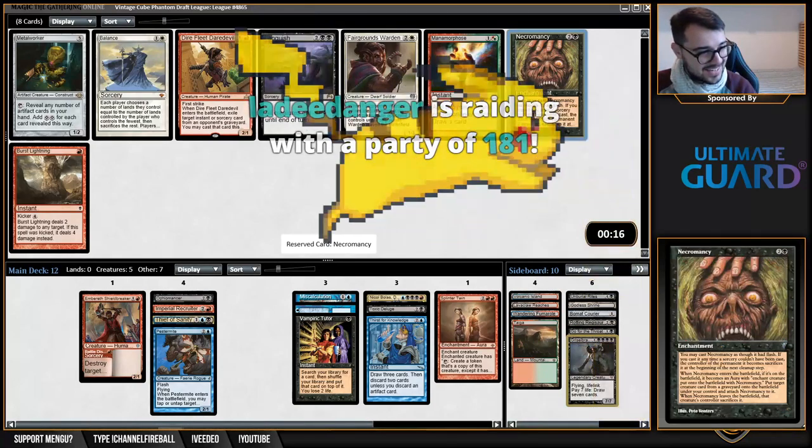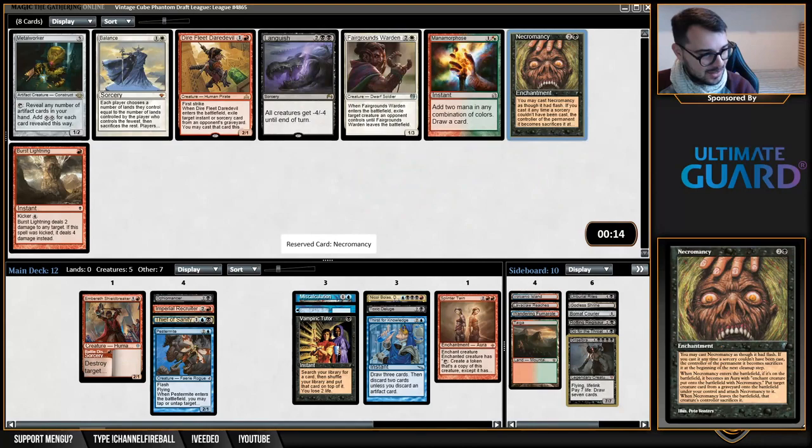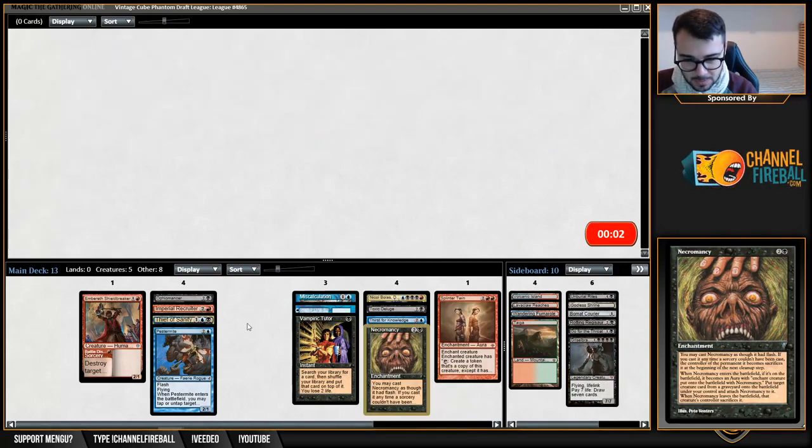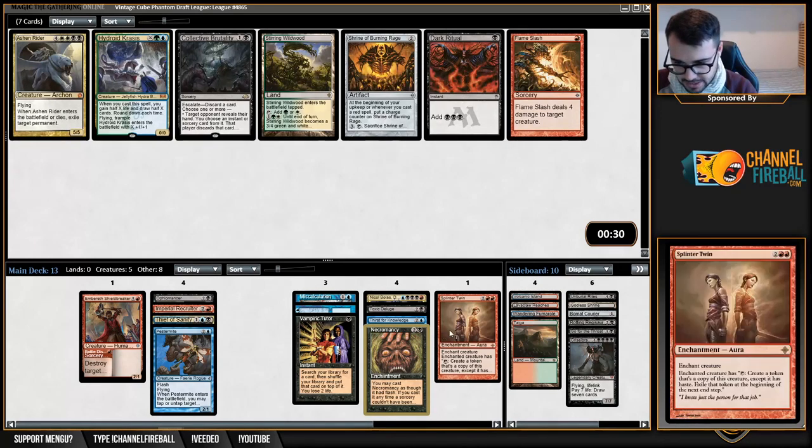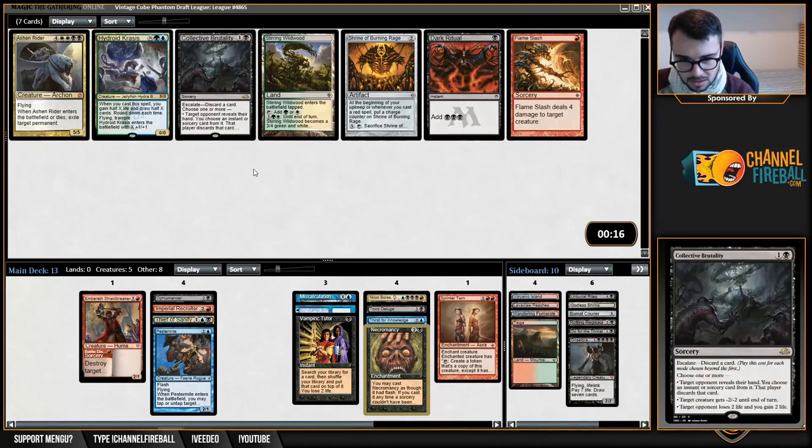Ooh, Lady Danger! Thank you for the raid, Lady Danger. Hello, everybody. We're playing Cube here, which I'm pretty sure is a different format than what Lady was playing. Cube. Best cards in Magic. Pestermite, Splinter Twin, banned in Modern, but we're doing it over here. Hello. Have a great night. Cube is a lot of fun. Thank you. If you want to stick around, we are definitely going to do some